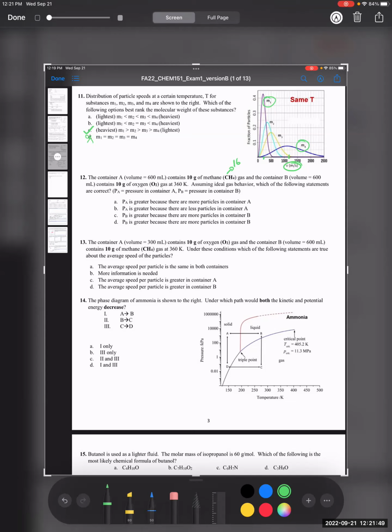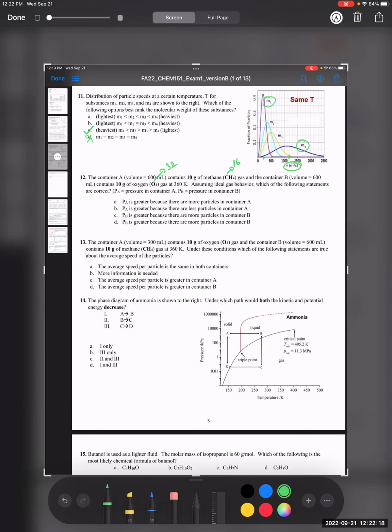And when it comes to oxygen, it is 32. The relative mass of oxygen in AMU is 32 with respect to hydrogen. So obviously, oxygen is heavier than methane. Therefore, if we have 10 grams of oxygen and 10 grams of methane, you're going to have more of methane compared to